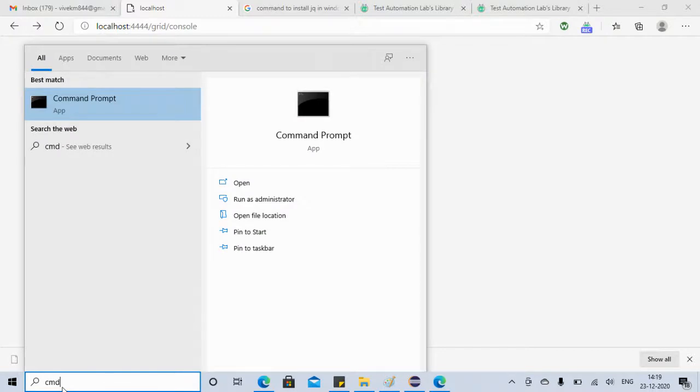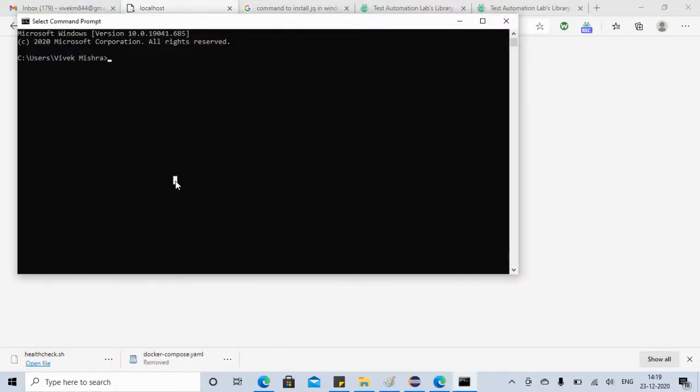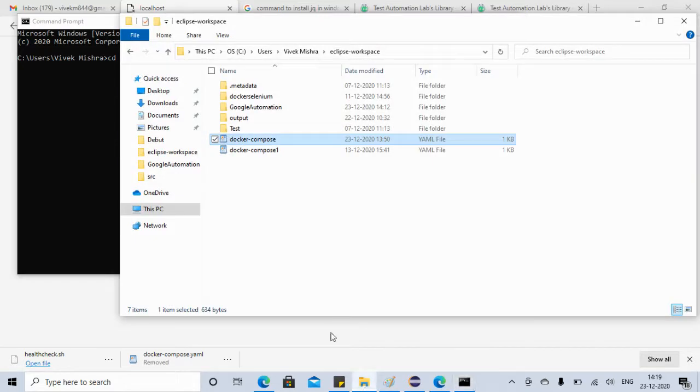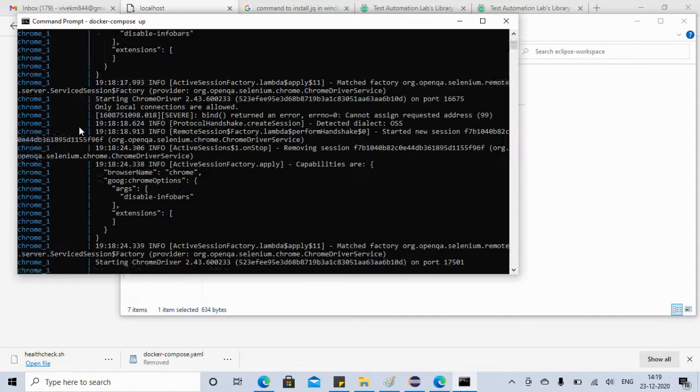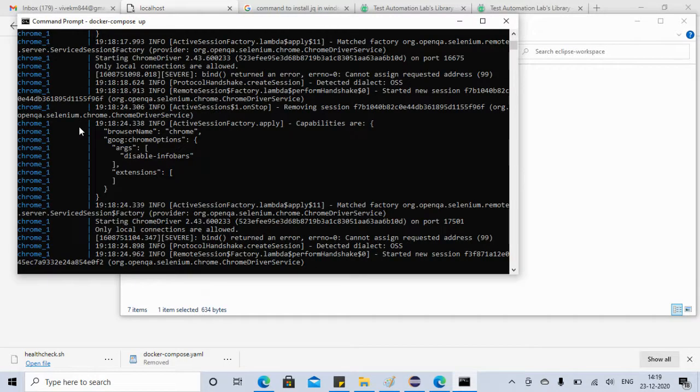So command prompt, and then we go to the path where we have our docker compose file. Docker compose up. Let's see.